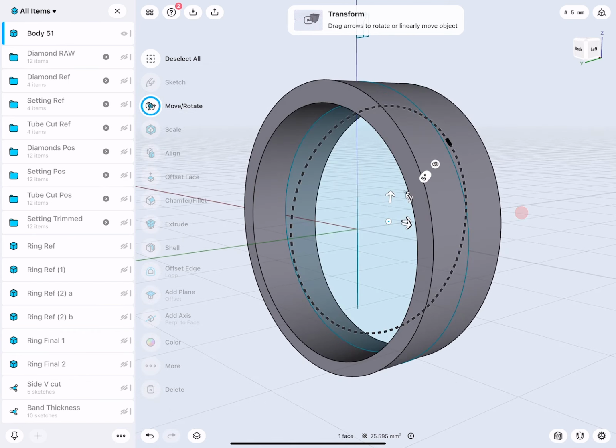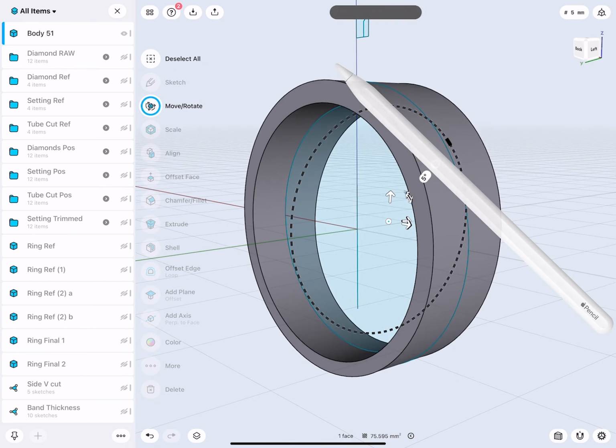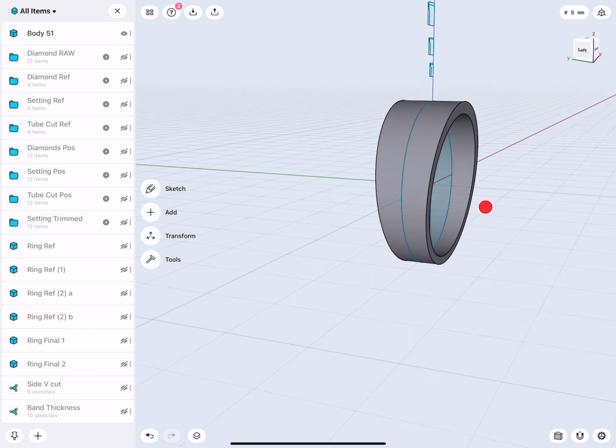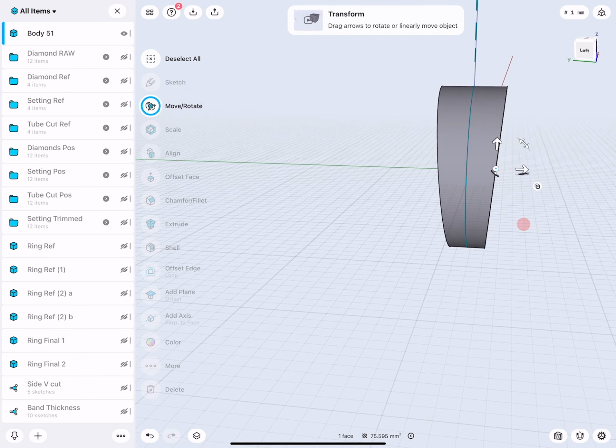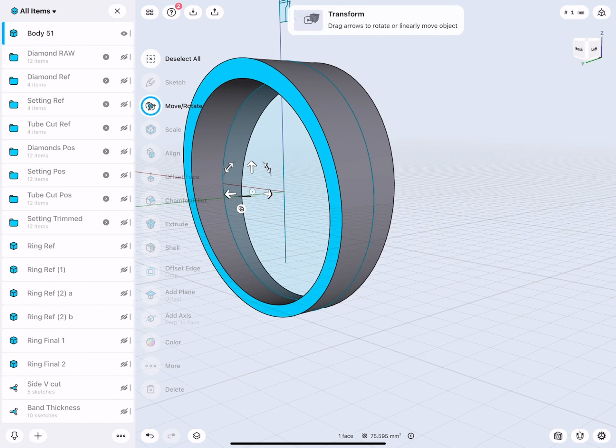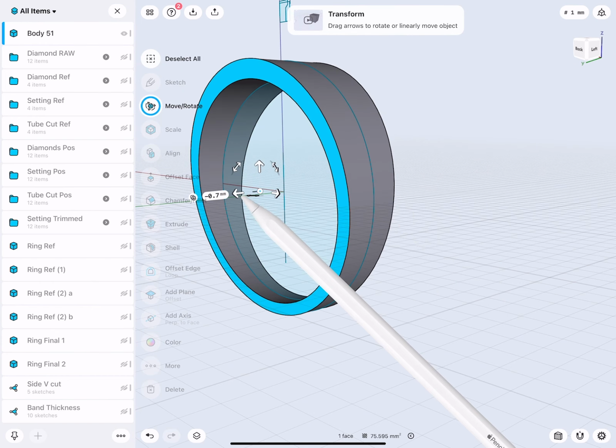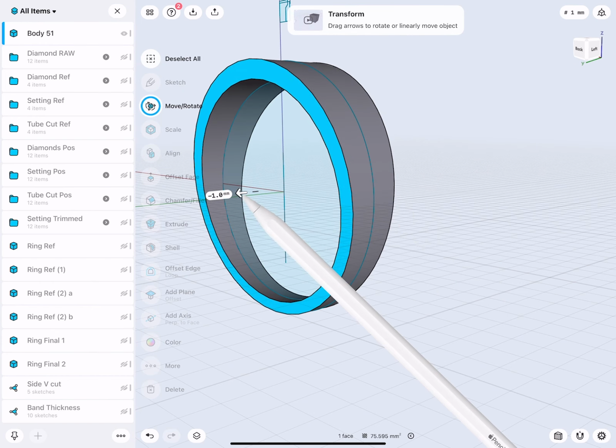Pretty nice. Do the same here. Very good. And if this is then too wide, no problem. Select the face, and then we move each side. There we are. Okay, so quite simple.